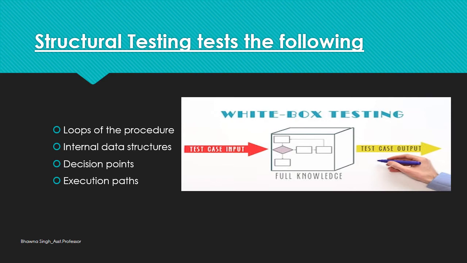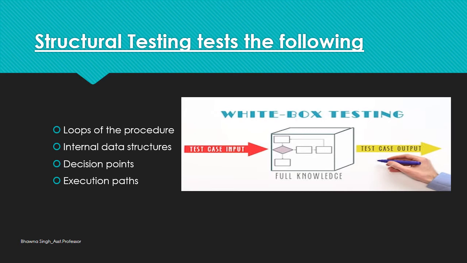Then second, we check the internal data structures, that is, to ensure that the data structure is valid or not. So in order to ensure the validity, we check all the internal data structures with the help of this structural testing. Then this structural testing also tests all the decision points on their true and false sides, so that it will be easier to apply to relatively small programs. And then we check the execution paths. That means it also guarantees that all independent paths present within a module have been exercised at least once, or have been executed once or not.